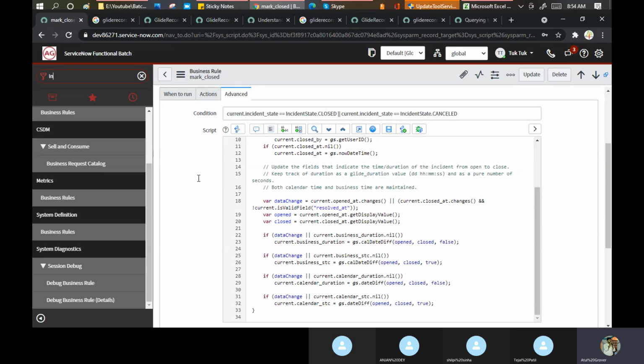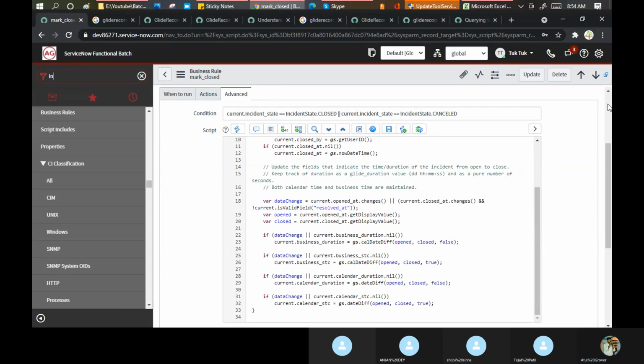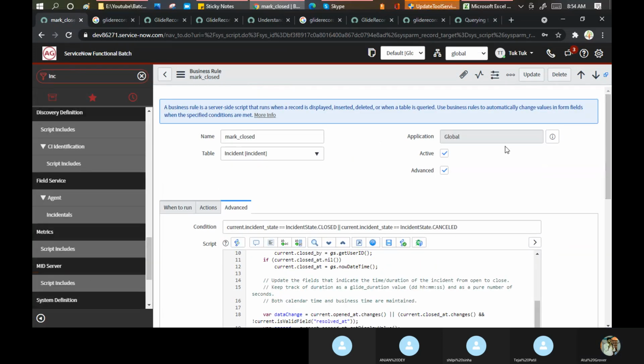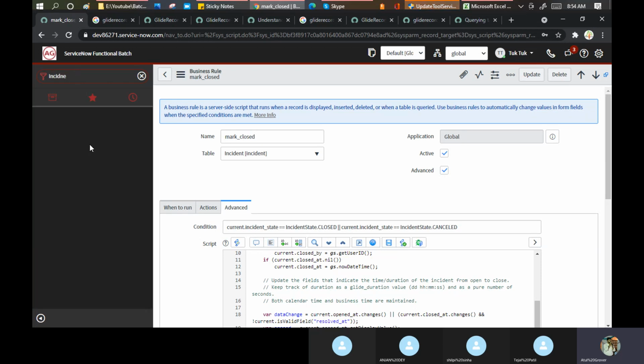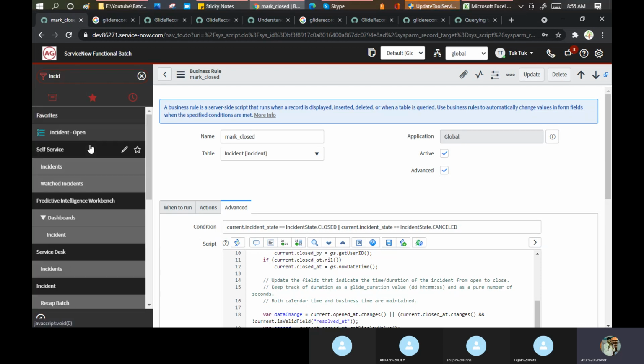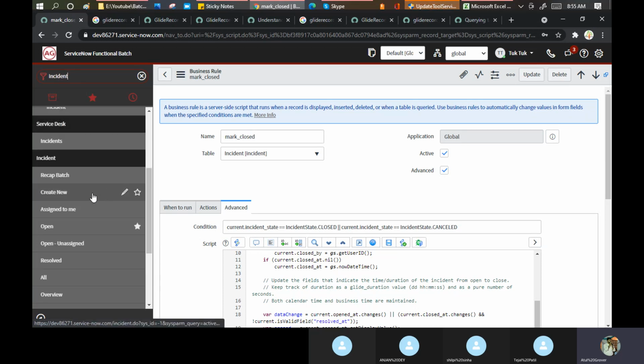So if I say what is the reference qualifier, let me scroll up. This is a reference table, a reference field. So now the question comes. Suppose I open this incident. I'm giving you this because these are practical ones, but I can give you a little spark on that part.